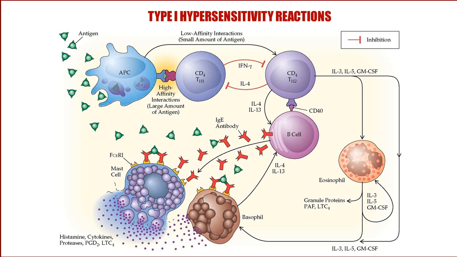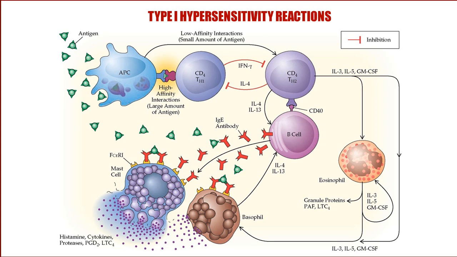Preformed mediators are histamine, heparin, factor of chemotaxis for eosinophils, and factor of chemotaxis for neutrophils. The source of newly formed mediators in target cells are products of lipid degradation. These mediators include slowly reacting substance of anaphylaxis, leukotrienes C4, D4,